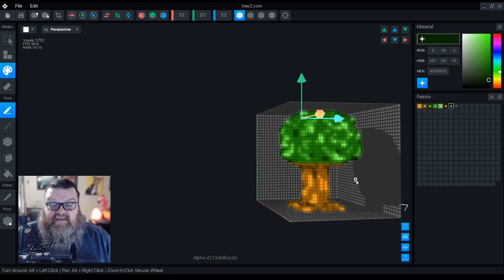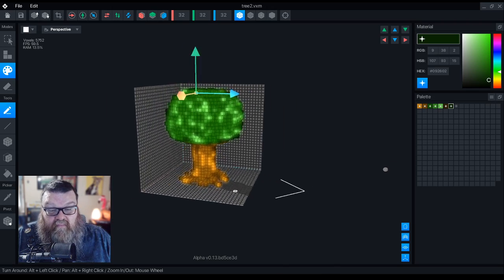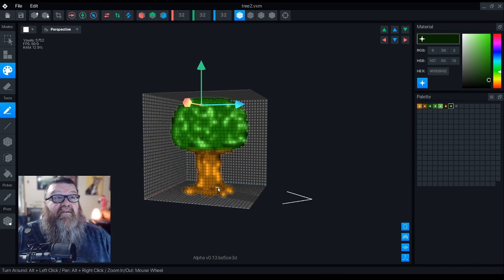That is my masterpiece tree. That is my tree masterpiece. Now, honestly, this was like the very first